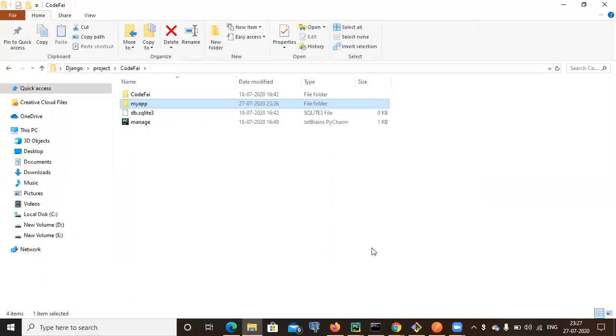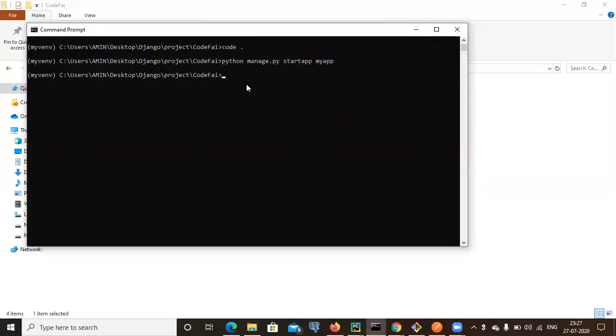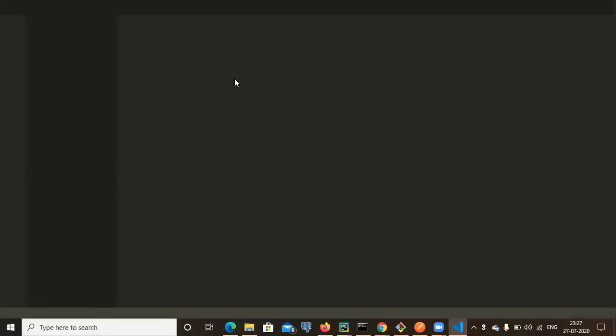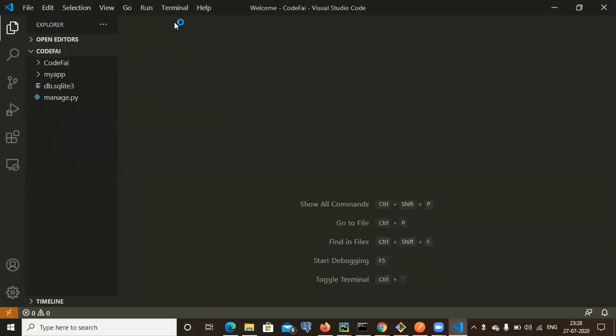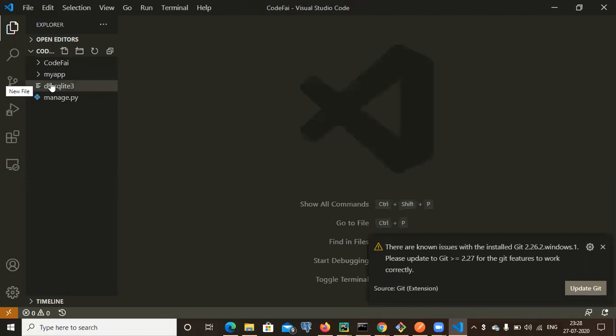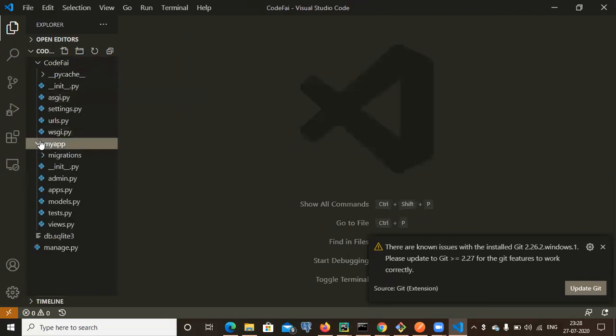So let me go to my Visual Studio Code first. In Visual Code, you can see this is the project name and this is the application. First we need to set up all the things that are required now.